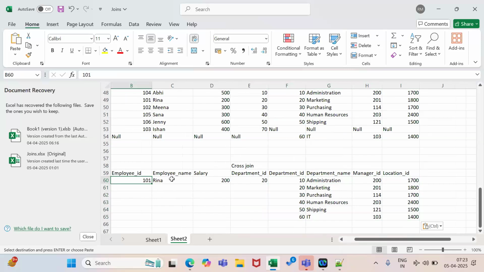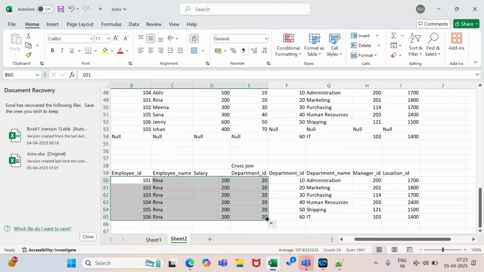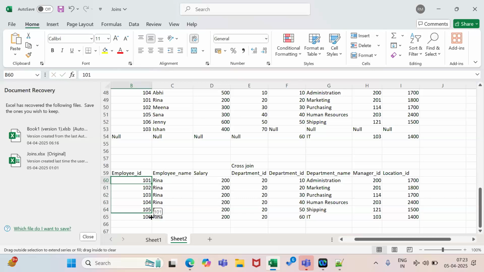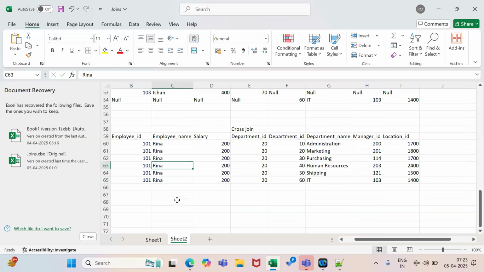Okay, so like this cross join will happen, like for one data you can put it 6 times, and you can put it with the different columns, the number of rows you have from the other table.